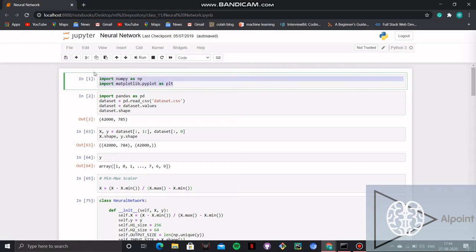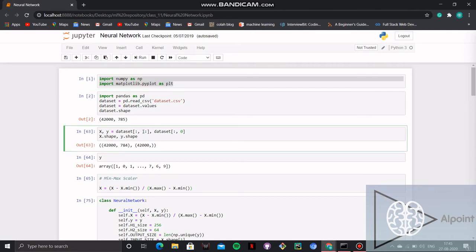We have imported NumPy and Matplotlib. Here we have read our dataset with the help of Pandas library. Our dataset has 42,000 rows and 785 columns. For X we are taking all rows and every column other than one, and for Y we are taking all rows and the 0th column. The 0th column is nothing but the label.